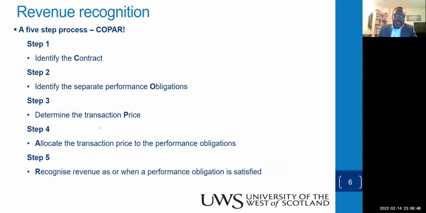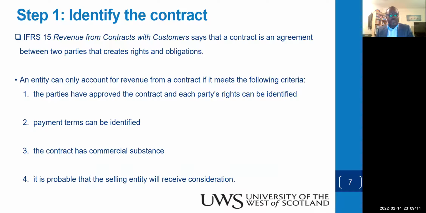So one step at a time, once more: identify the contract. We take that one. And then we'll come to identify the obligations, the separate performance obligations. We'll determine the price. We'll calculate, we'll find the price. And then we allocate the price reasonably to the obligations. And once they have been satisfied, we recognize revenue. So step number 1, before we move in, step number 1, let's start. Step number 1 says that, listen, revenue from contract with